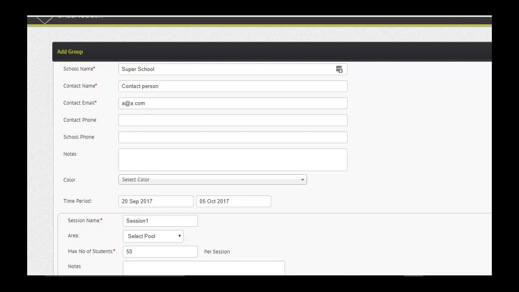So that's why we developed an extension or add-on module for SwimDesk called the SwimDesk School module. And we've designed this around cutting down the time it takes to prepare for school lessons. You'll know that when preparing for school lessons,